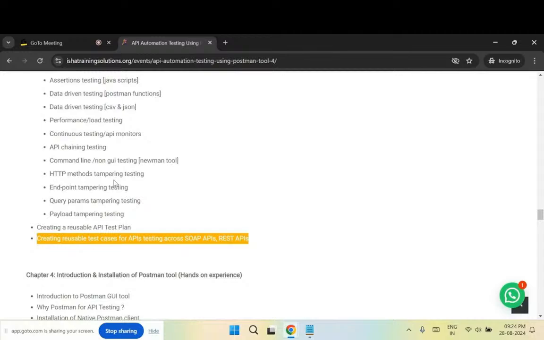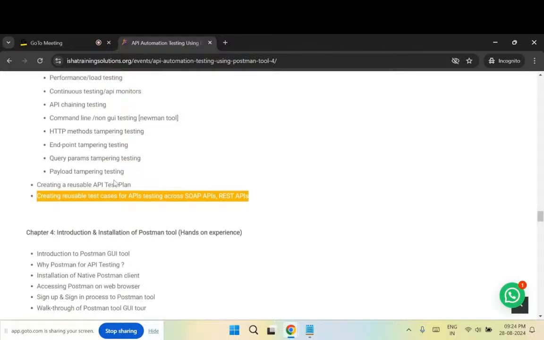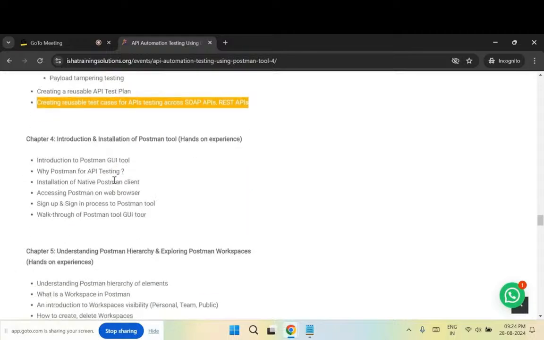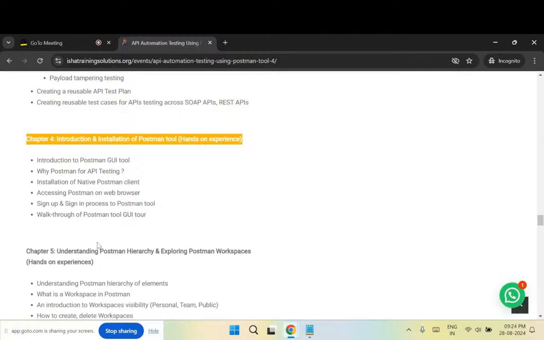So by the end of chapter 3, all of you will have a thorough understanding of what APIs are, what the types of APIs are, how the API syntax looks, and what test techniques you have to apply for API automation testing. So from chapter 4 onwards, it is going to be practical training until the last chapter 13. That's why I wrote here hands-on experience, meaning I'm going to do it practically on my screen by sharing my Postman tool, and whatever I do, you will observe it and you will practice it after the class is completed. Obviously not in the class because we have only 1 hour to talk about the training.